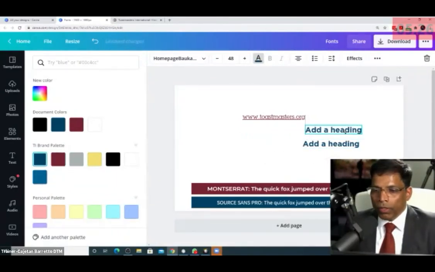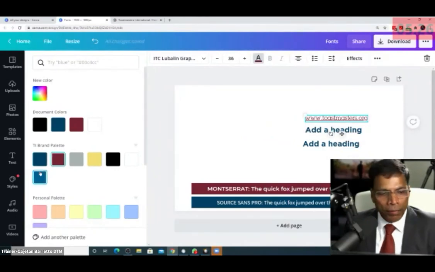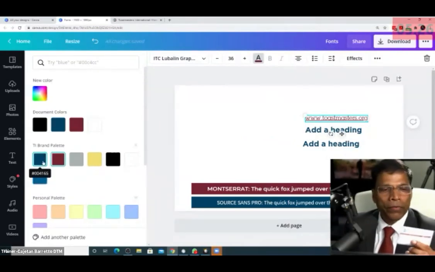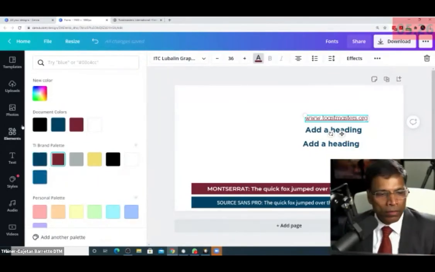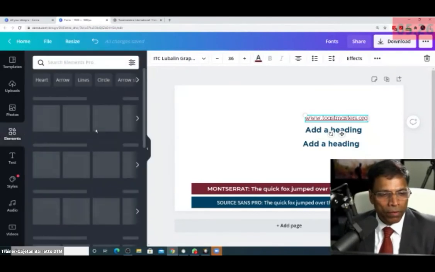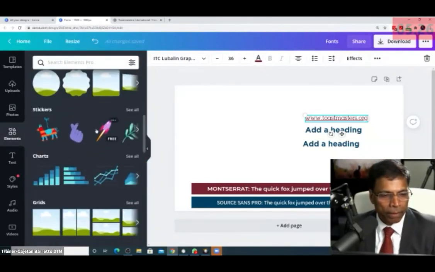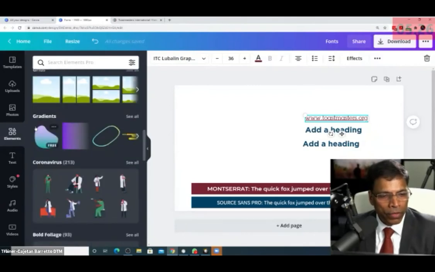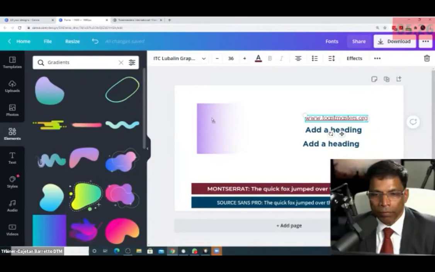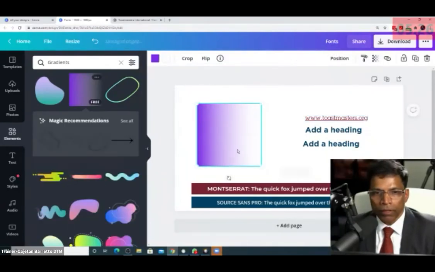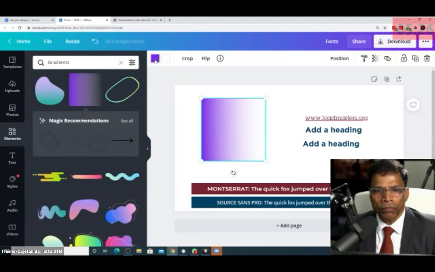One important point that I want to mention is the color that is not in the brand manual called the Loyal Blue. I wanted to tell you where you can use it. The place that we can use it is in the elements called gradients. If you scroll down to the elements, you have something called gradients. Gradients are an interesting way of creating shapes of multiple colors. If I drop this gradient here, you can see that it gives me the option for 2 colors.